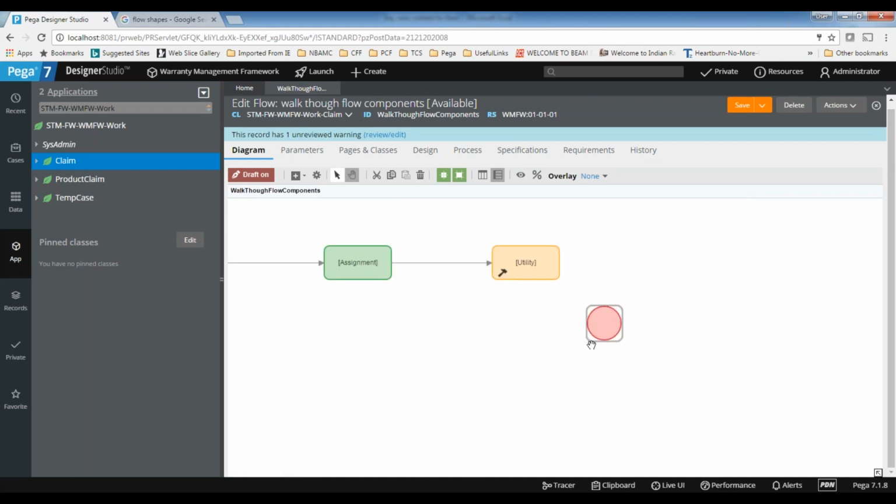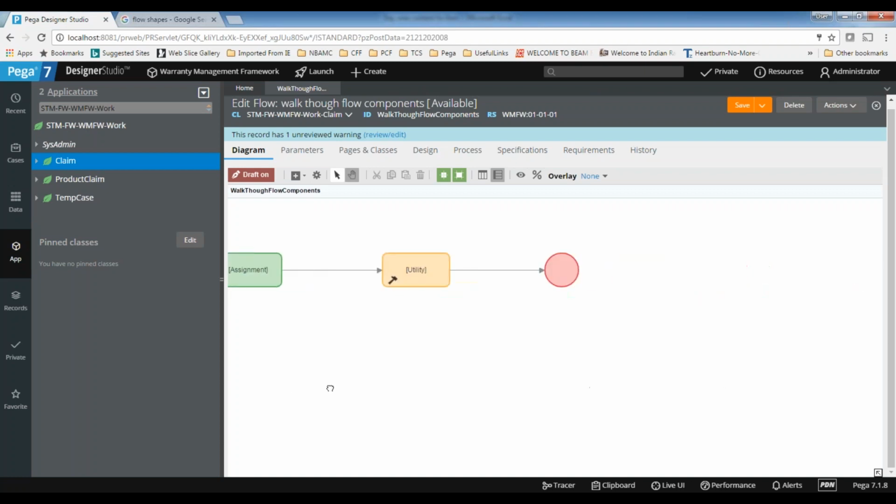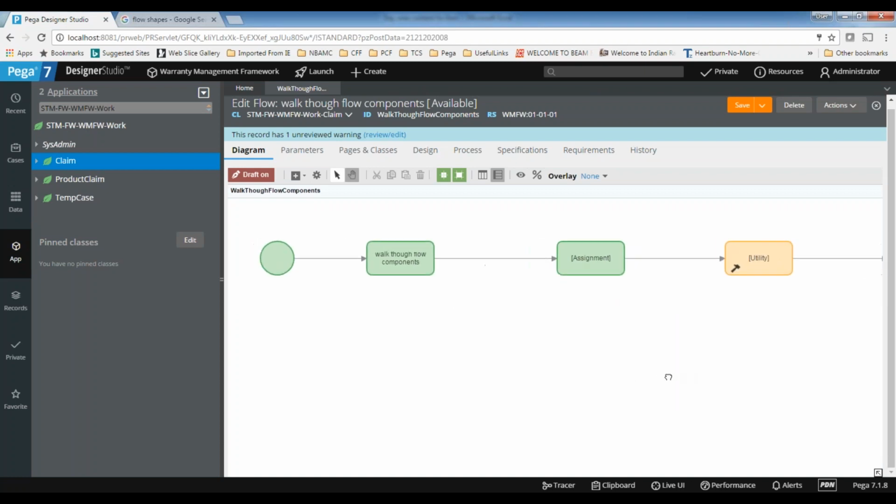If you observe here, the canvas is moving. Like that, you can add any number of shapes. You can see there is no ending for the canvas, because it's infinite. You can see the canvas is dragging. You can see the hand symbol holding the screen and dragging it. You can see the movement of the flow diagram.